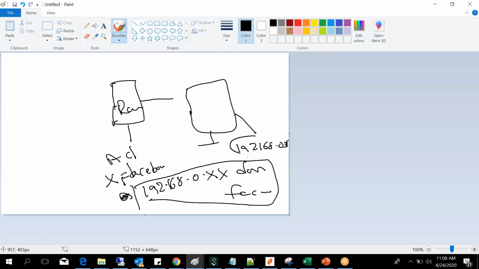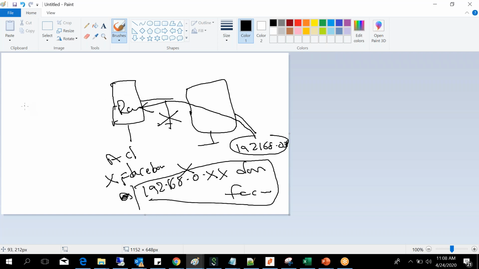192.168.0.50, for example. .50 is my IP address. Whenever this guy is trying to reach the router, what happens? The access control rule says don't allow this guy, so it automatically drops the packet. This is called packet filtering. It is performing the filtering operation. It is not allowing access to Facebook.